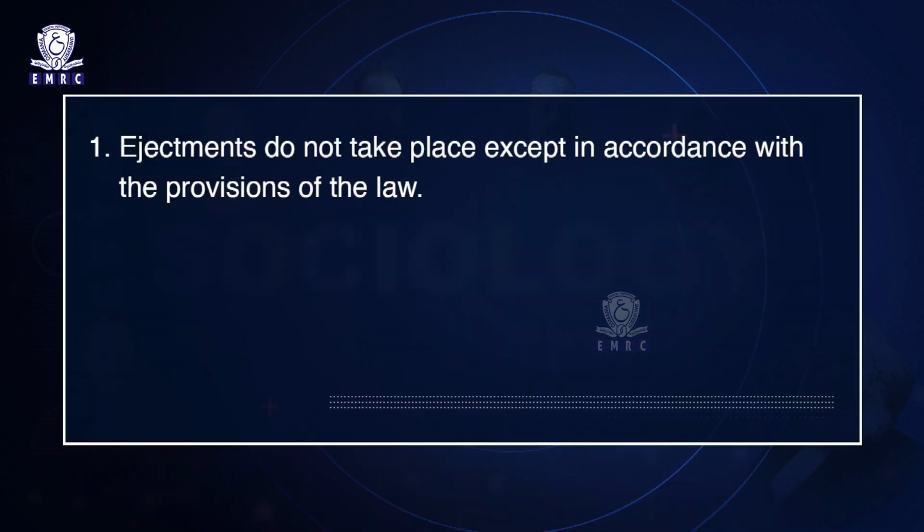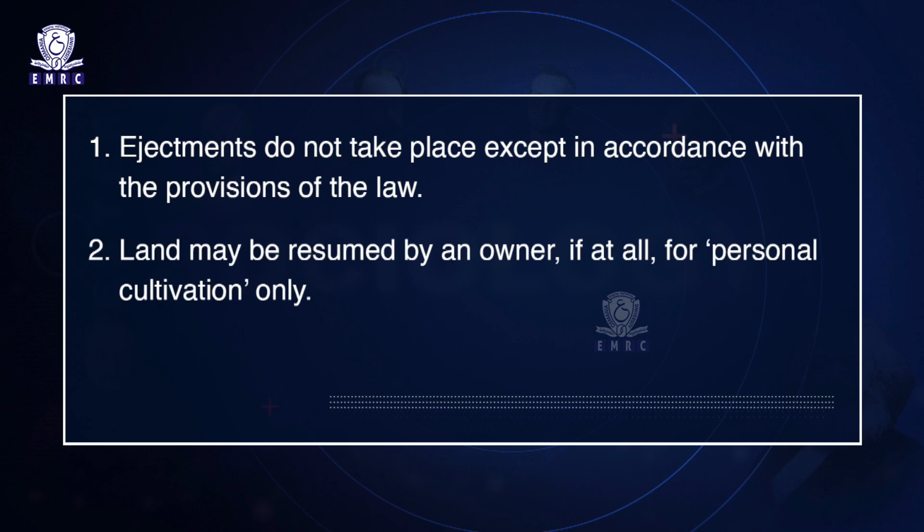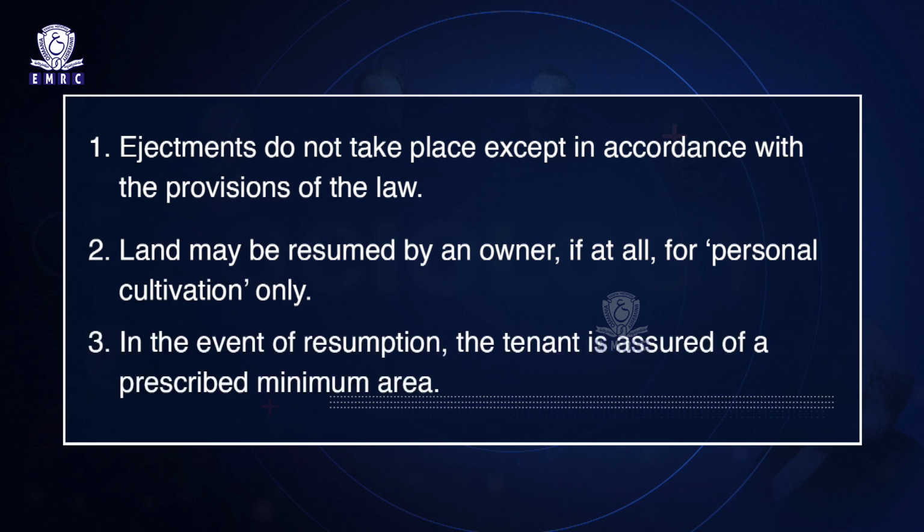Number 1, ejectments do not take place except in accordance with the provisions of the law. Number 2, land may be resumed by an owner if at all for personal cultivation only. And number 3, in the event of resumption, the tenant is assured of